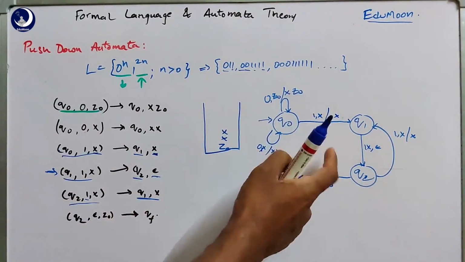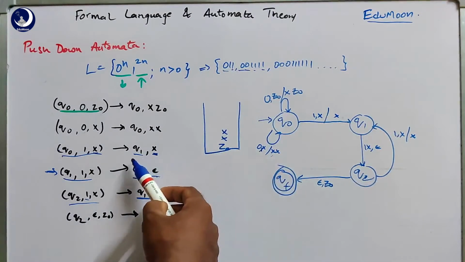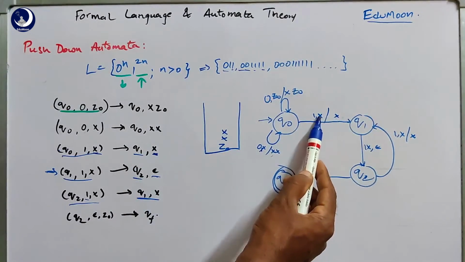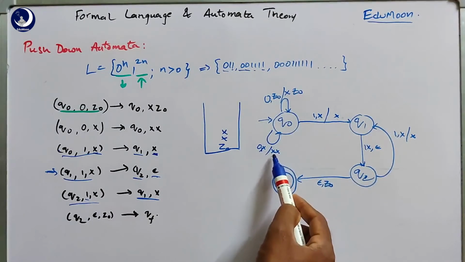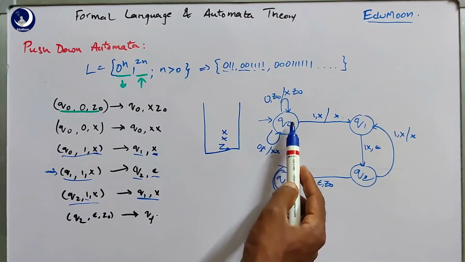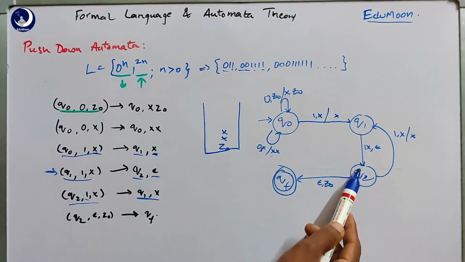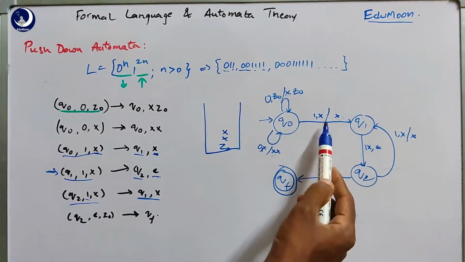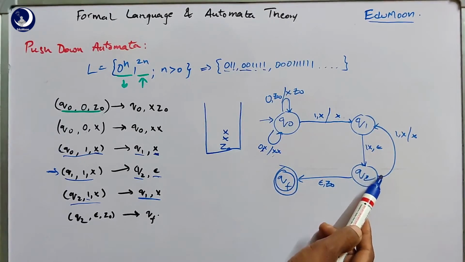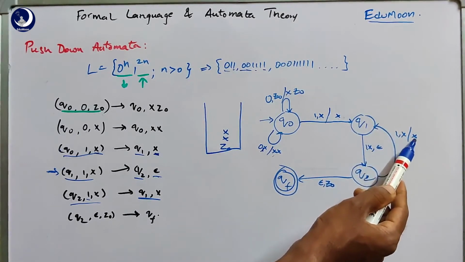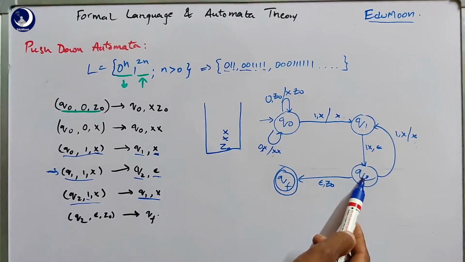When 1 is encountered in the q0 state, we go to the q1 state without doing any operation, as shown here. We leave the x as it is in the stack: we don't push any element, and we don't pop any element. So for the odd-numbered ones we come to q1, and for the even-numbered ones from q1 we go to q2, popping an element here. The first one you come here, the second one you pop and come back here, and the third one you again come back to q1 without doing any operation on the stack. Later, for the fourth symbol, you come here again, and so on.